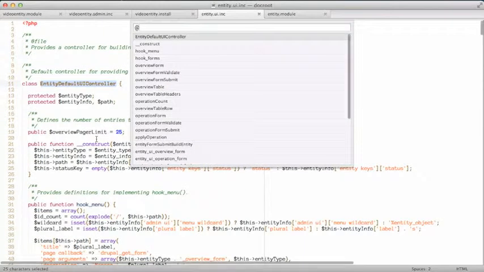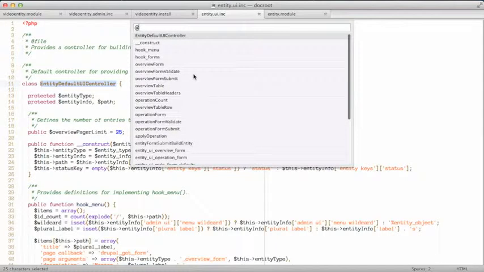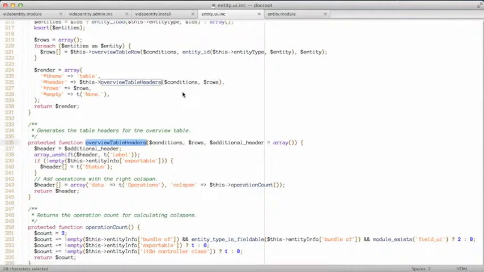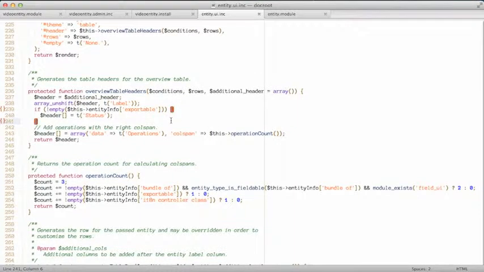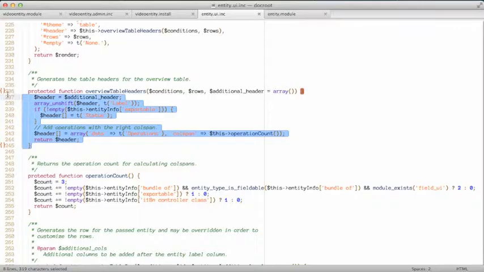You get a big list of all of these functions, and you can see that we've got them for most of the pages that we've seen already, including that table that we see on the listing of our video entities, and this one looks like the table headers. I'm going to take a look at that method, and it looks like if I want to change the table header from label to video instead, all I need to do is override this overviewTableHeaders function in our custom UI controller. So I'm just going to copy this function completely